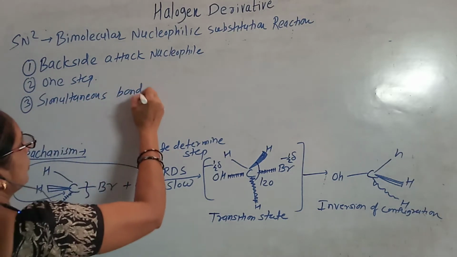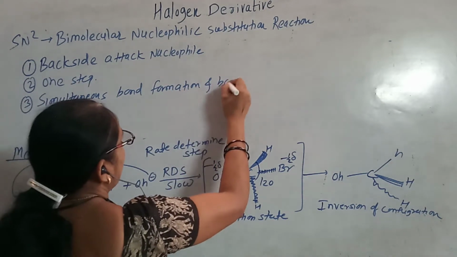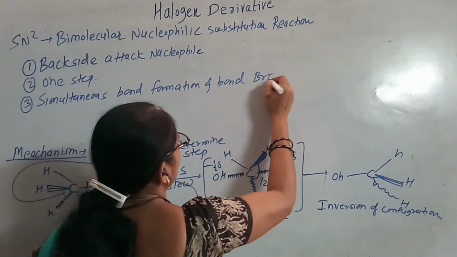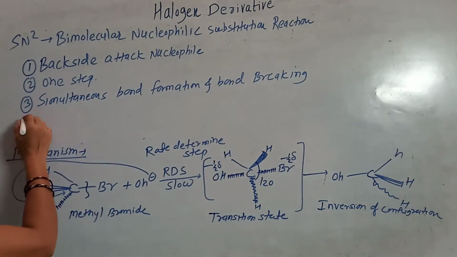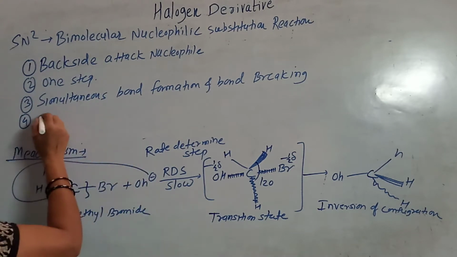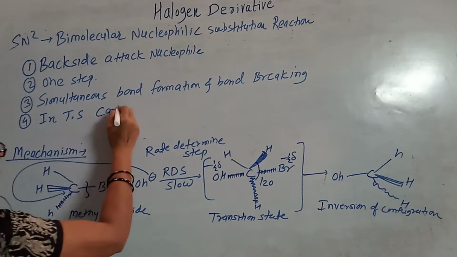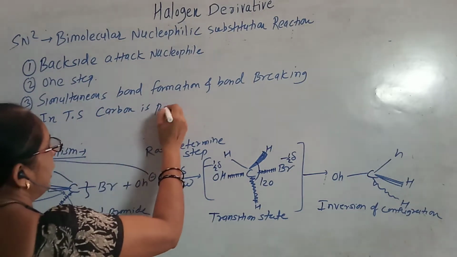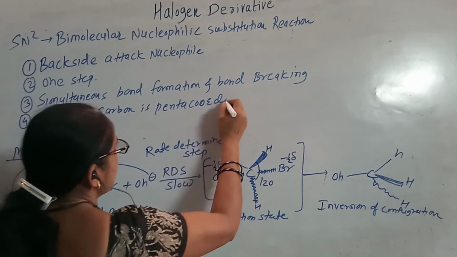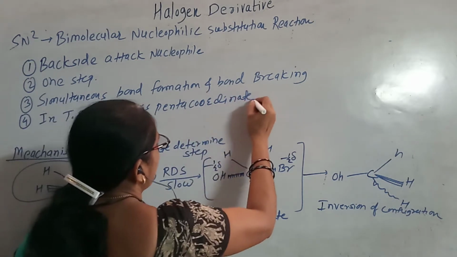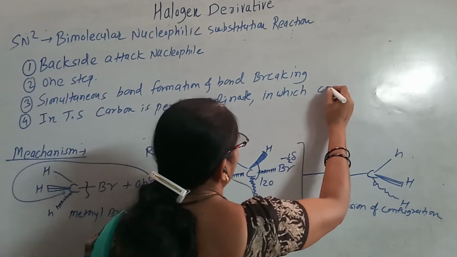bond formation and bond breaking occur. Here simultaneous bond breaking and bond formation occurs. The fourth is that the carbon in the transition state, the TS, is penta-coordinate. It is attached to 5 valencies. So it is penta-coordinate in which the carbon with